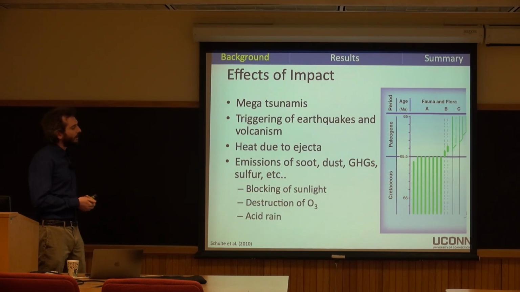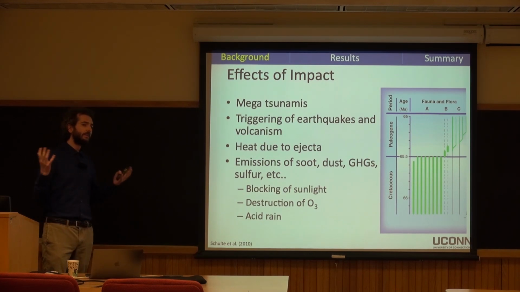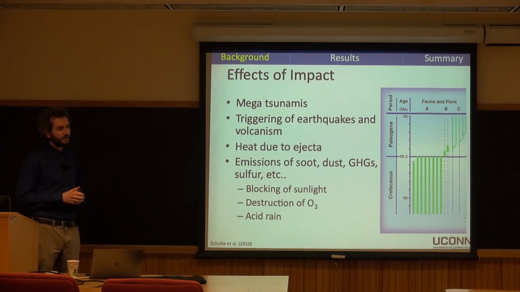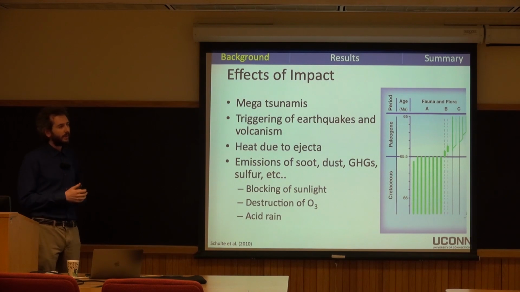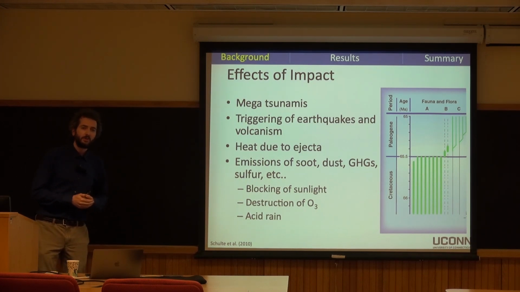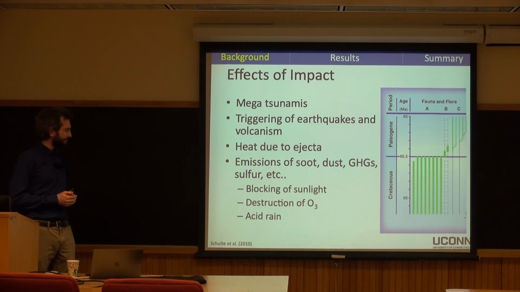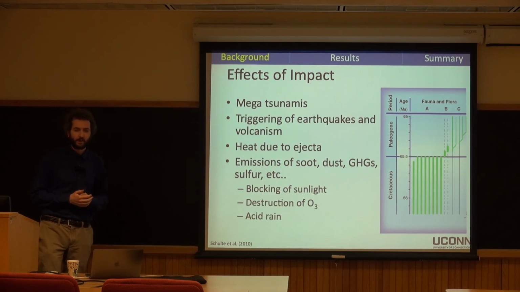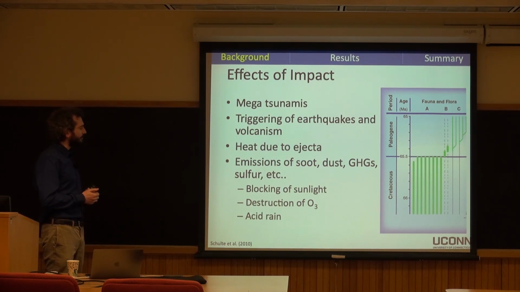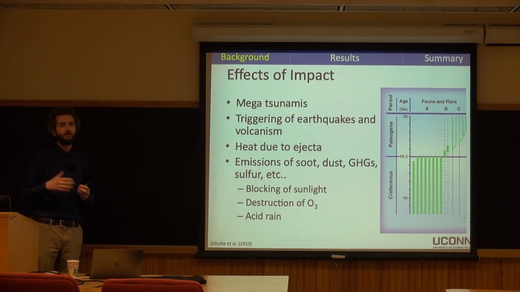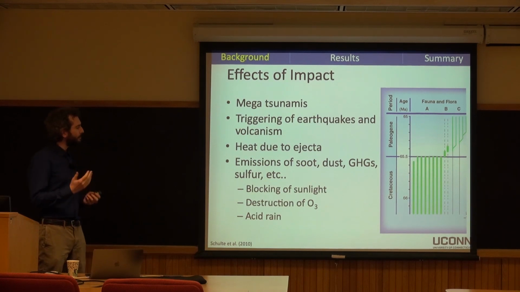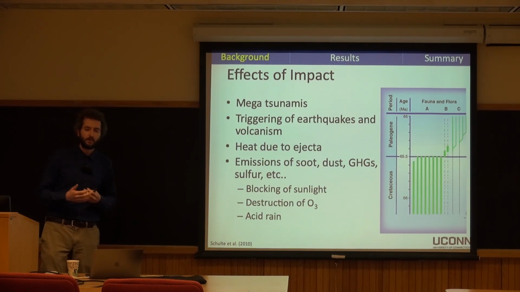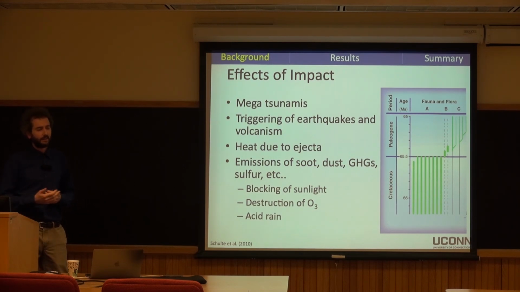The impact event also ejected a whole bunch of material that reached into the upper atmosphere, and even some of it escaping into space. But as a lot of that material condensed and fell back to Earth, it led to frictional heating that would have caused a thermal pulse on the surface, almost broiling the surface of the Earth, which could have obviously killed off a lot of life and also potentially led to widespread fires soon after the impact. All these things would have been extremely devastating to life on Earth, particularly near the location of the impact. But all we're really focusing on today is the emissions from the impact event and how they might have impacted life on Earth.